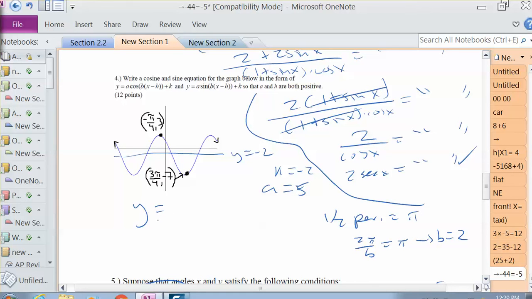And lastly, if we do it as a cosine, you're going to have 5 times cosine, b is 2, x plus pi over 4, and then minus 2. Or y equals 5 times sine, if you want to start the sine over back there somewhere, 2x, and I believe that's going to be 3 pi over 4. I'll have to explain that in class tomorrow because the bell just rang and I have